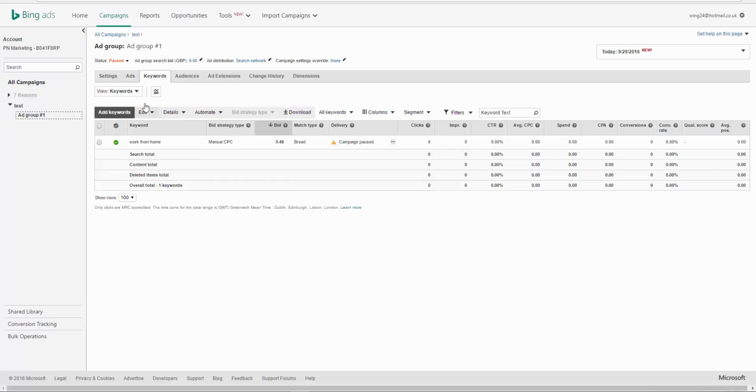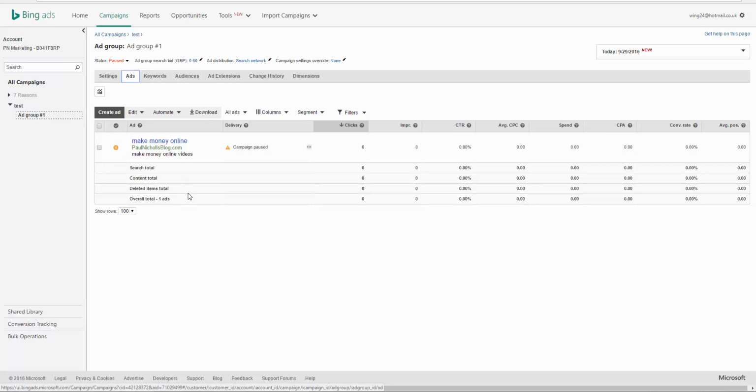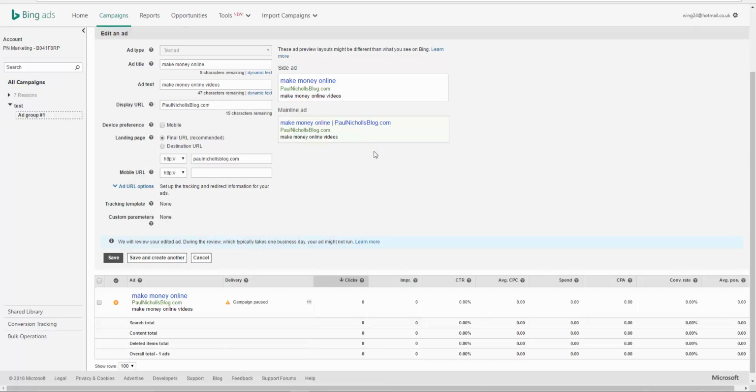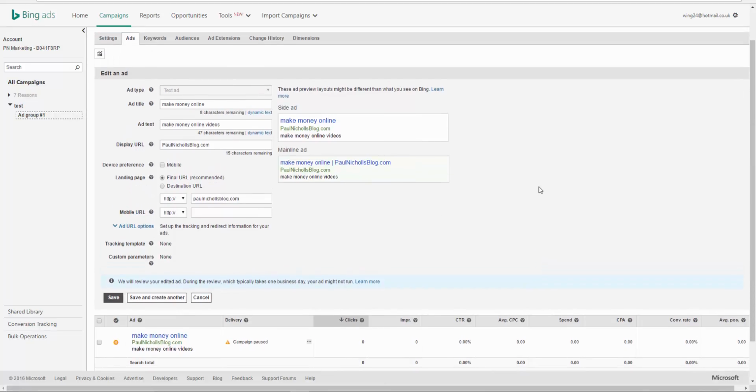The first thing we need to do though is actually change our ad. So you just click add there. As I said to you earlier in the course, there's no need to worry too much about what your ad says. You just need to put some words and text in here just so you can actually create your campaign, because you can't create a campaign unless the actual ad box is filled out. But as I said, you can then go ahead and just pause the ad, so nothing's going to go live until you select active or until you actually put it live. So